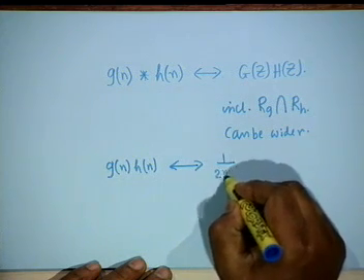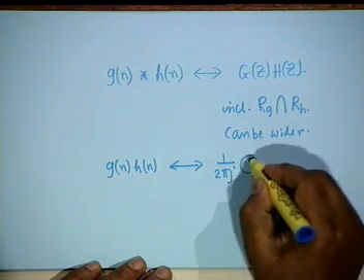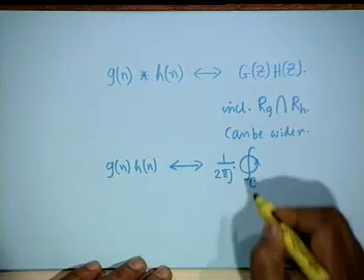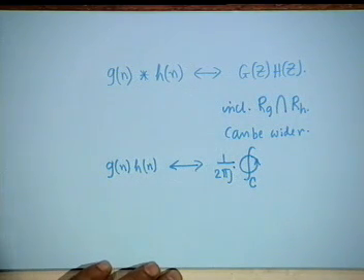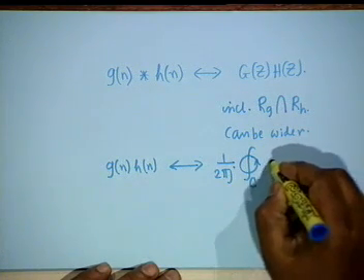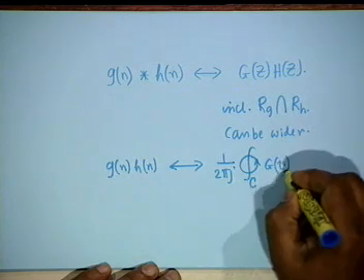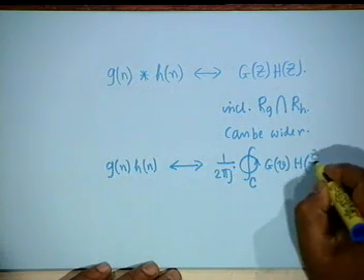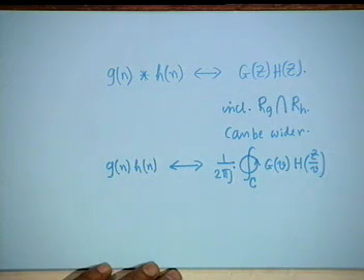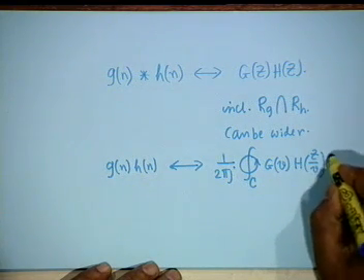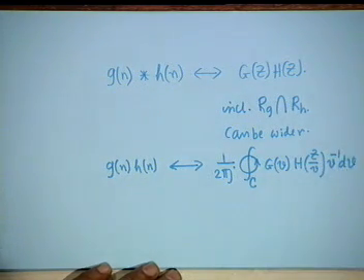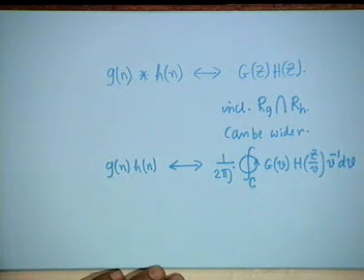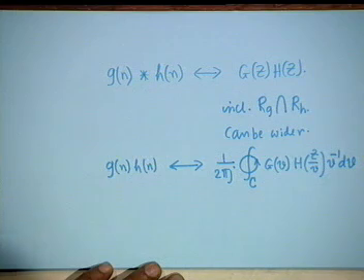The corresponding Z transform is 1 by 2 pi j contour integral over some contour C, G of v, some dummy variable, H of z by v, v inverse dv. This is the formula for modulation, and I strongly urge you to prove each of these columns